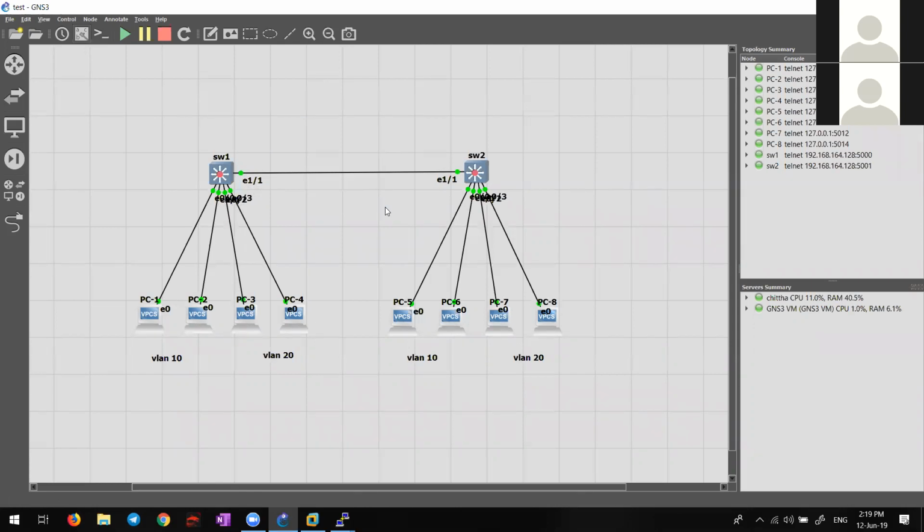Depends on what? No, he's correct. See, now you are wrong. So that is called DTP. DTP. So it depends on DTP.